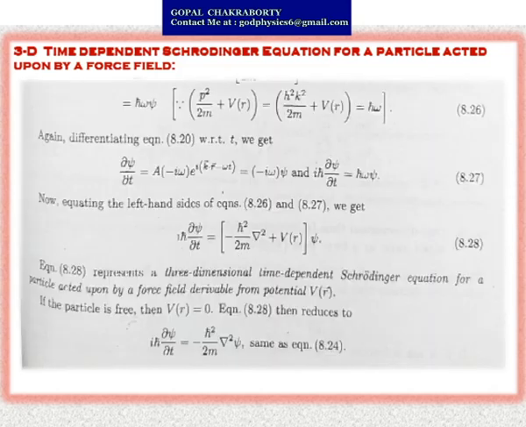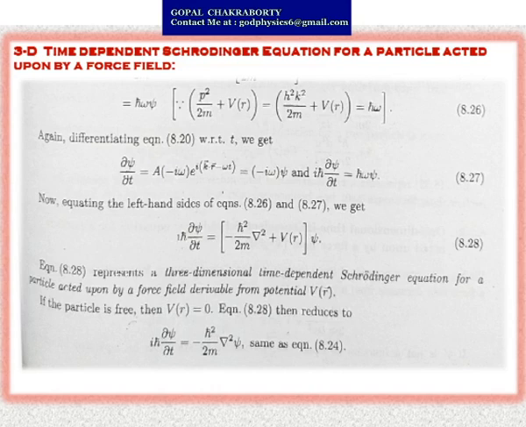Now again, differentiating the wave function psi equals A e to the power i (k dot r minus omega t) with respect to time, the first order time derivative gives del psi del t equals A within bracket minus i omega e to the power i (k dot r minus omega t). So ultimately we will get that value equals h cut omega into psi. I want to repeat this because we have done a similar derivation previously.